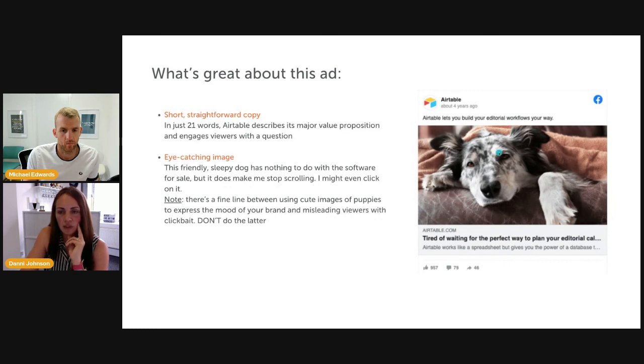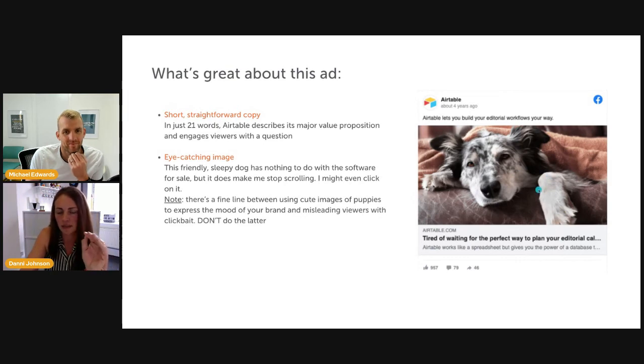Eye-catching image, so it's a friendly, sleepy dog. It has nothing to do with software for sale, but it does make you stop scrolling, and even I might click on it just because of that. There is a fine line between using cute images of puppies to express the mood of your brand and misleading viewers with clickbait. So don't do the latter.